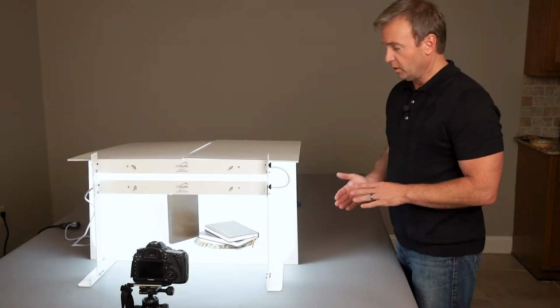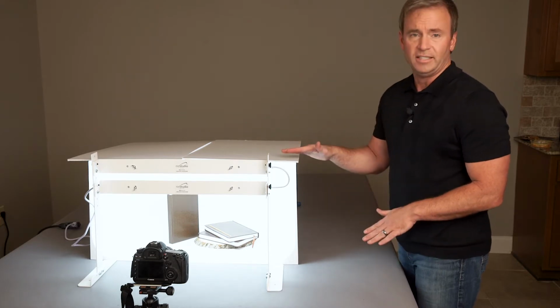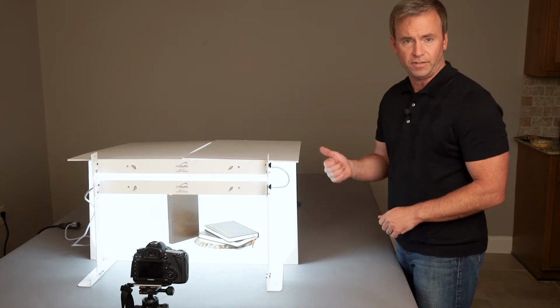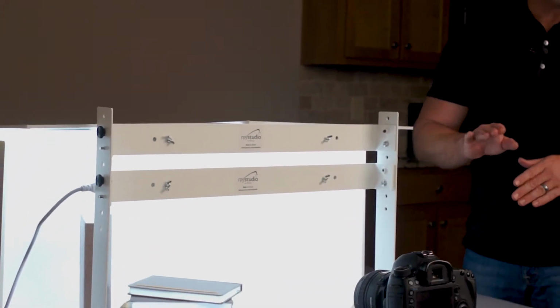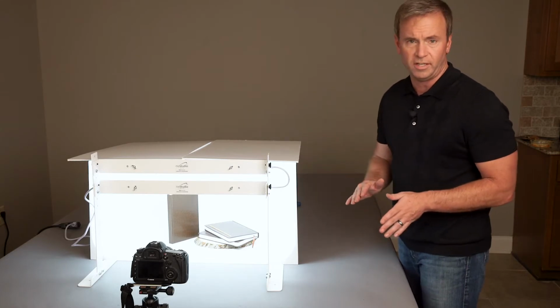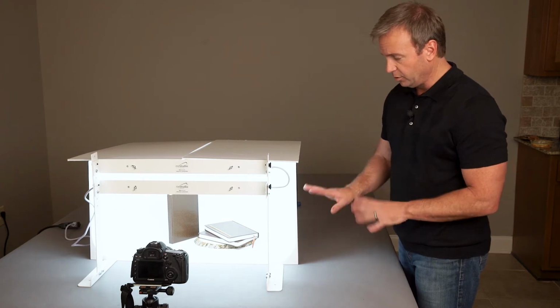All right, so we recently did a video showing how to set up the new US31 from MyStudio. This is an all LED lit studio, ultra bright daylight 5000K LED lighting. We have a very unique U-shaped cyclorama, so it's got corners all the way through. It's seamless. You can shoot from all kinds of angles. A nice ABS plastic that you can wipe down if it gets dirty, so you can use this over